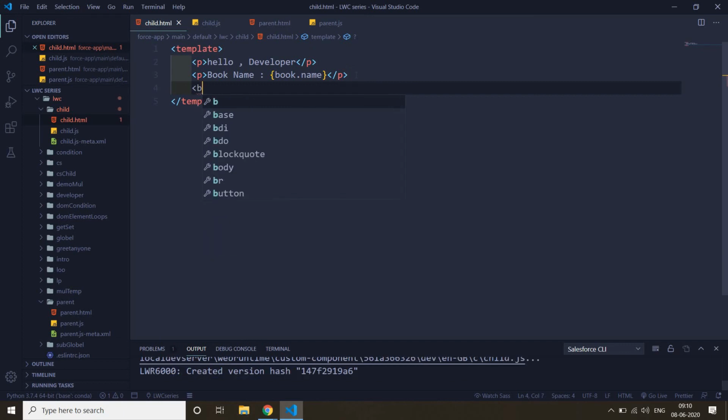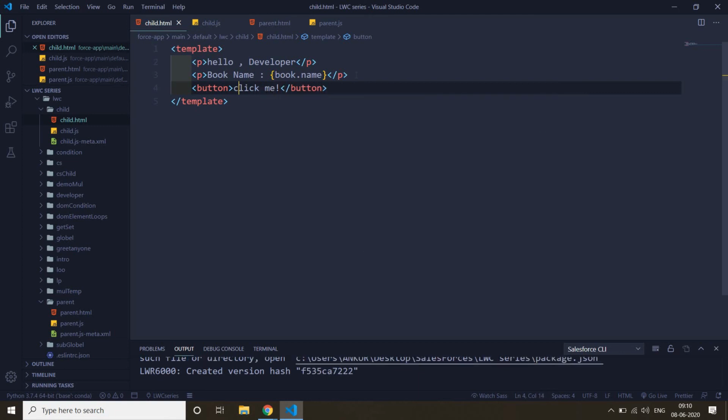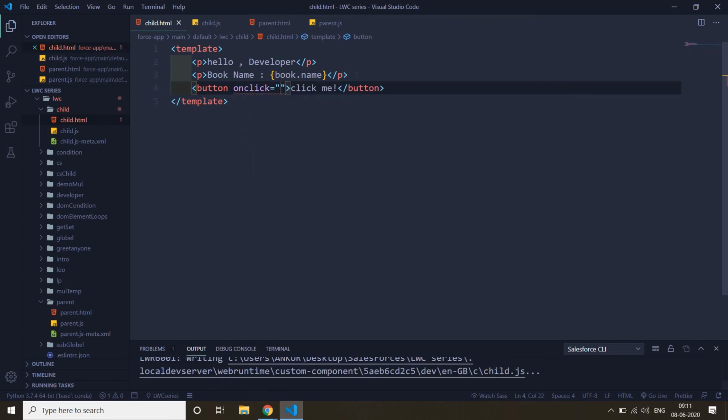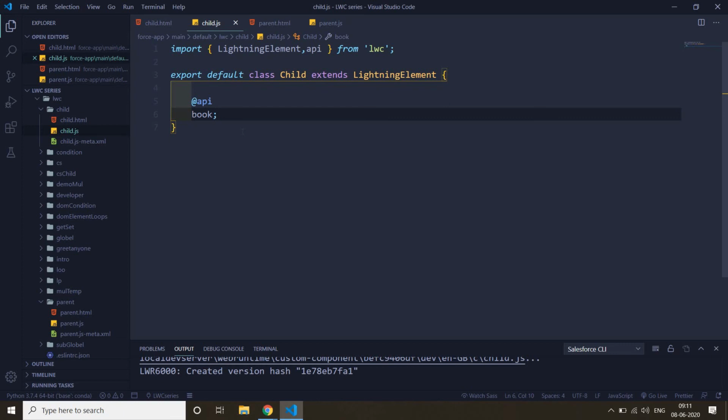So for that we make a button over here, and in that button we pass one event, an on click event, and the event name is change name. Let's define the event in our child JS file.